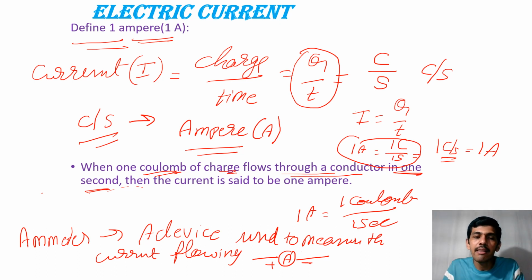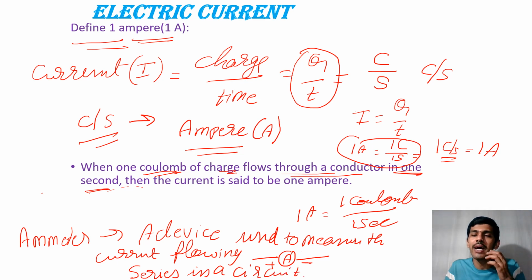That is why it is always connected in series. It is always connected in series in a circuit. You will study what is the series and what is parallel combination of connecting any electronic gadgets. In your combination of resistors, there you will study what is series combination and what is parallel combination. The next topic which we need to discuss is